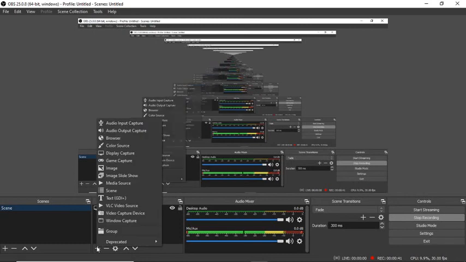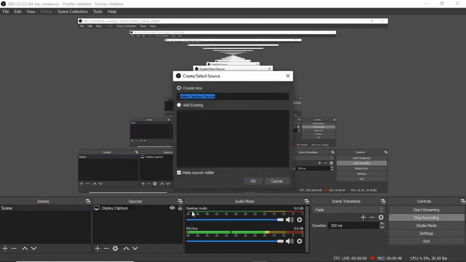Now I'm going to teach you, we will start with the hardest part. We will start with the video capture device first of all, right? As soon as you start with the video capture device, it's going to ask you certain information. It does not concern us, right? You are not going to create any new video capture devices, so you leave it at the default, right? You let it make the source visible, yes, right? If you select this checkbox, it's going to show here that the video capture device has been enabled, right? So you just click on OK.